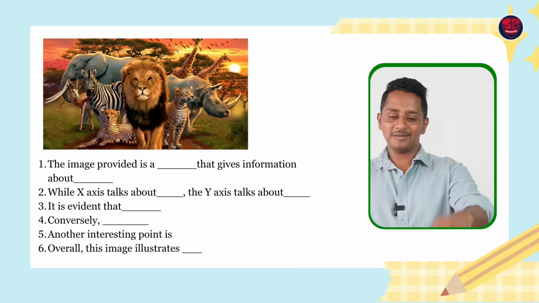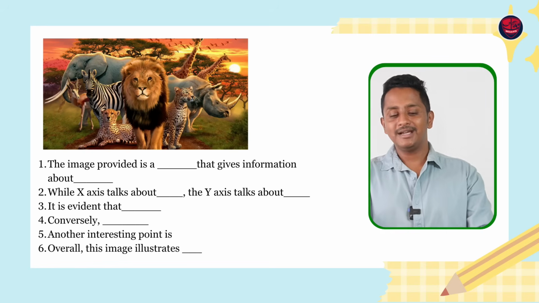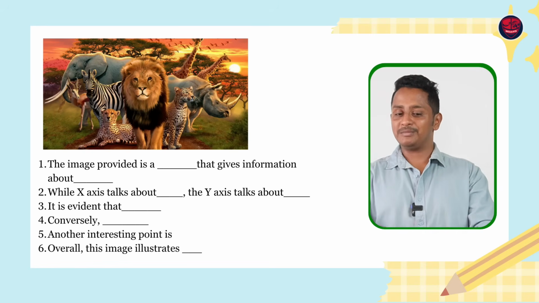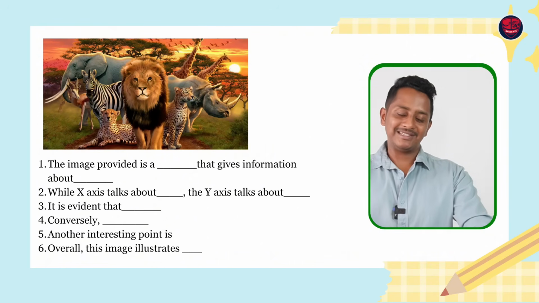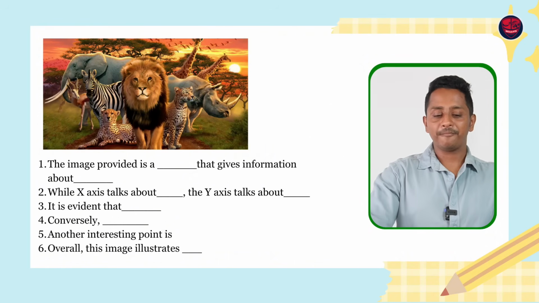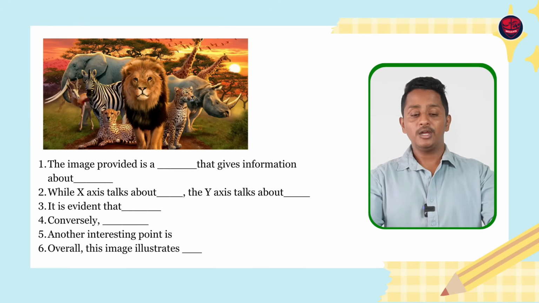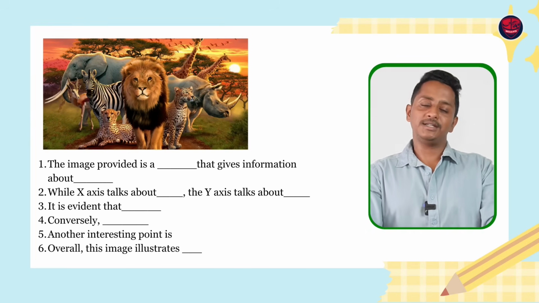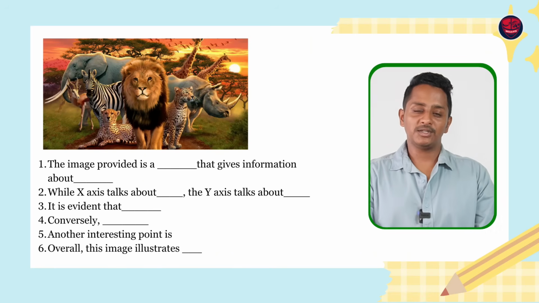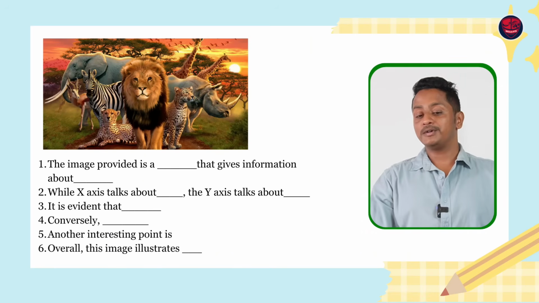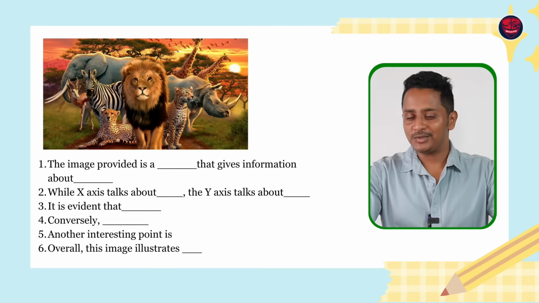The image provided is a picture that gives information about animals in the forest. Firstly, it is clear that the lion is the face of it, which also means the lion is the king of the forest. On the two sides, we have cheetahs. One is sitting down and the other one is looking far away. Also, we have the images of a zebra and rhinoceros looking in either direction, and an elephant and giraffe sitting or standing at the back. This image also gives information about the sunset, which is a beautiful view covered with birds and plants and trees in the forest. Overall, this image represents a beautiful image of a forest with a lot of animals.